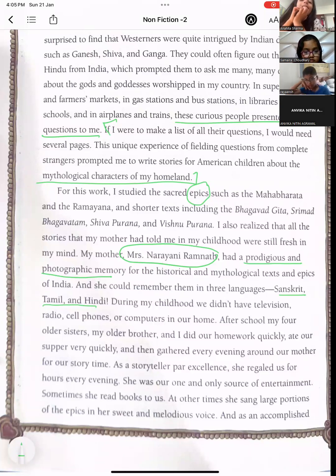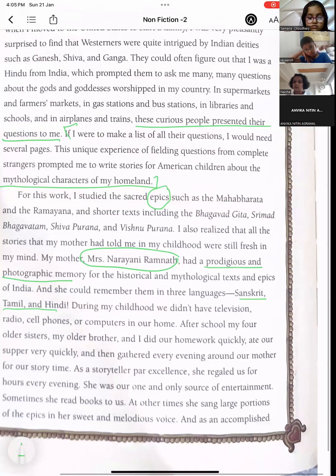As a storyteller par excellence, she regaled us for hours every evening. She was our one and only source of entertainment. Sometimes she read books to us. At other times, she sang large portions of the epics in her sweet and melodious voice. Try to use these adjectives. And as an accomplished